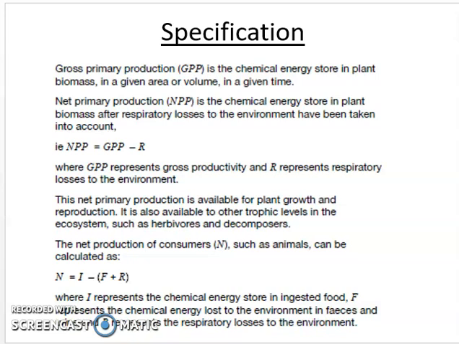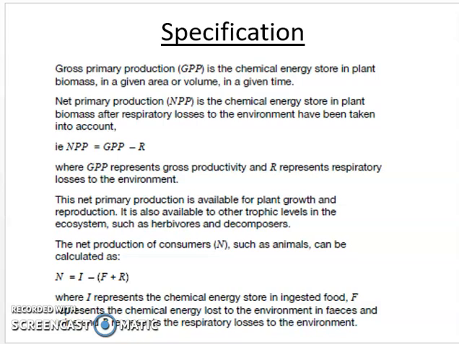Okay, hello. So we're still on 5.3, which is energy and ecosystems, but this is part 3 of the videos. And today we are looking at this from the specifications, so if you can read this. So we're looking at